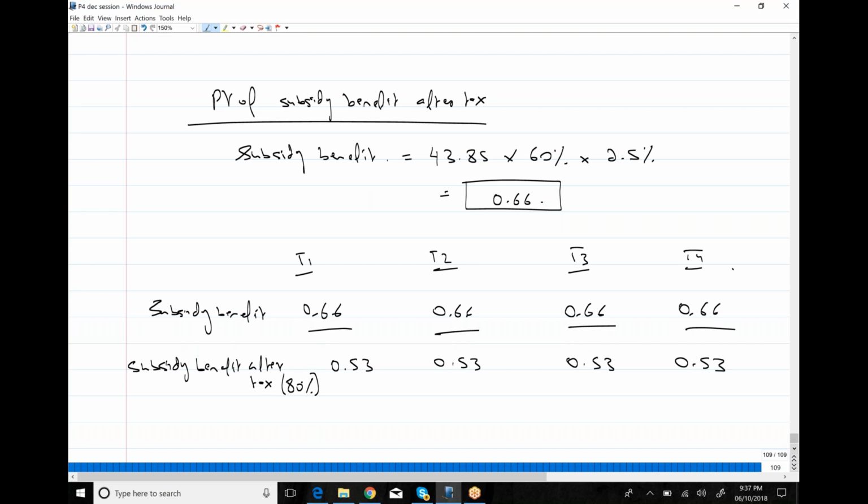But for APV, I need present value. You need present value of subsidy benefit. So for present value, again, I need a discount factor. Over here, I will use KD as a discount factor. And KD over here is 4%, right? Your normal borrowing rate is your KD. So my normal borrowing rate is 4%. Okay. So factors are